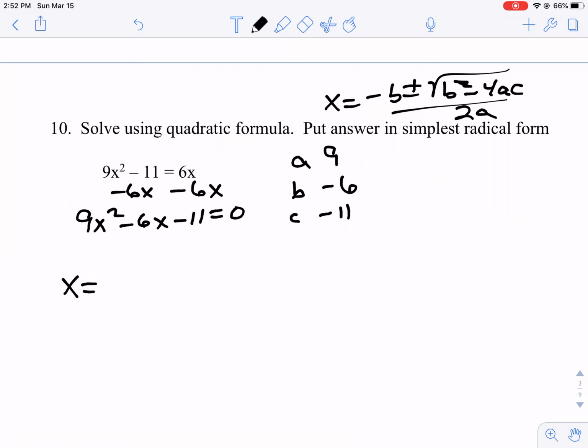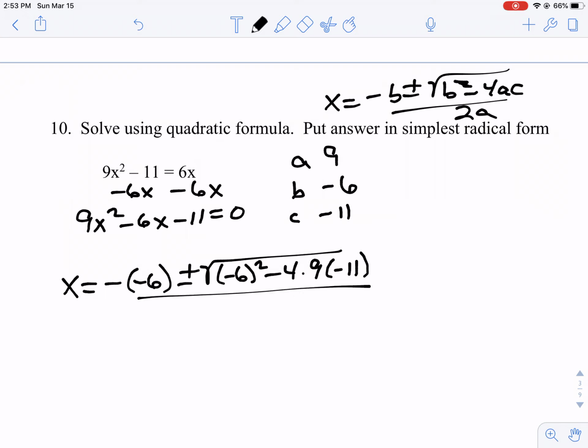Plug everybody in. Negative 6 plus or minus square root. Hug that negative 6 and square it. Minus 4 times 9 times negative 11. All over 2 times 9. So clean up, x equals 6. We got to type that into our graphing calculator so we can see what's underneath the radical. And we get